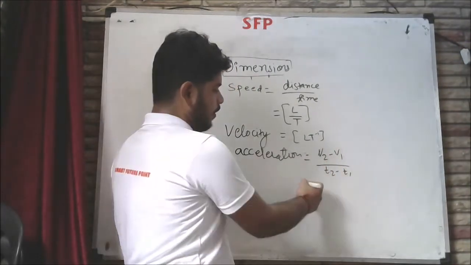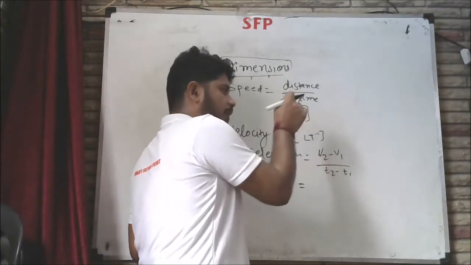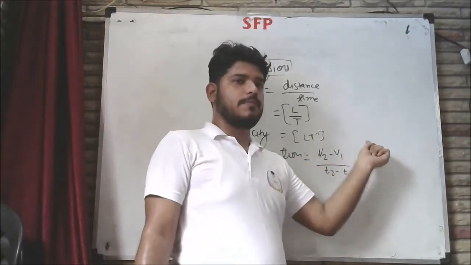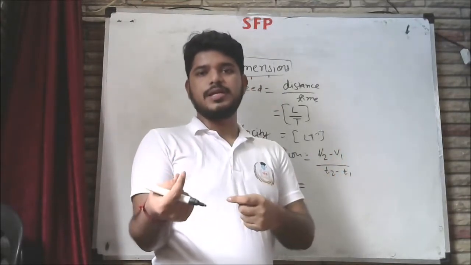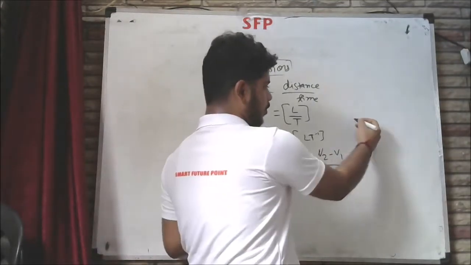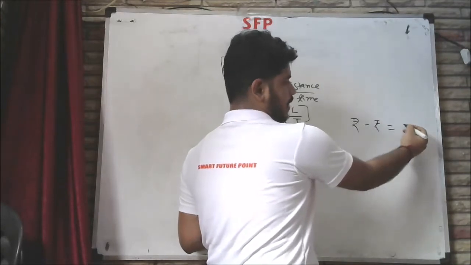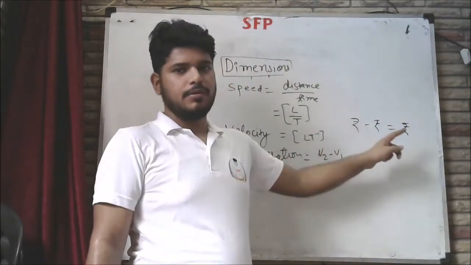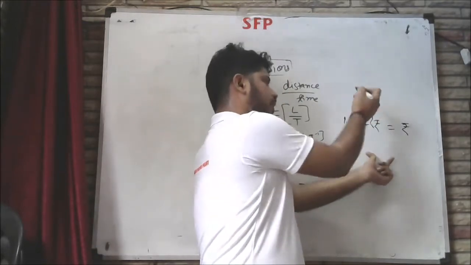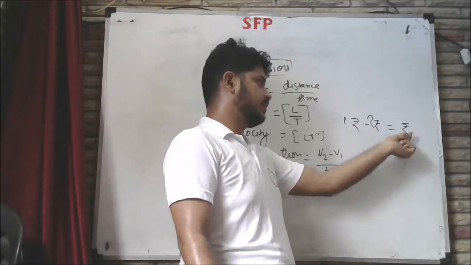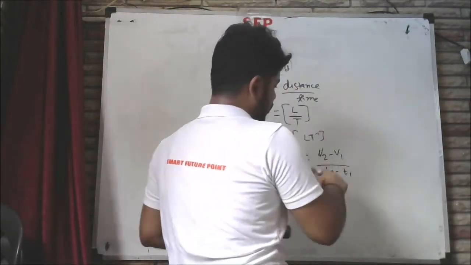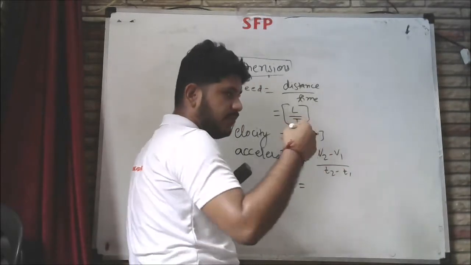If we are finding the units, it means we are finding 5 rupees minus 2 rupees. The answer will be in rupees. We are not considering the quantity, we are considering the units. It means if I subtract 2 rupees, the answer will be in rupees. Fine. It will not be 0. It depends on the quantity, and we are not taking the quantity or magnitude of this. Fine. So velocity minus velocity will be nothing but velocity.